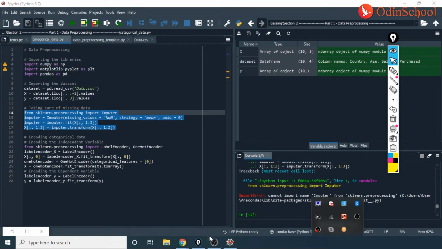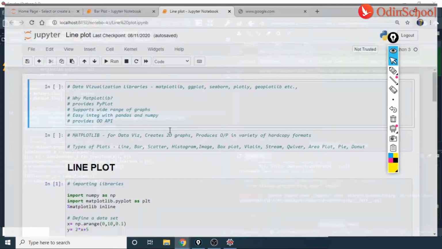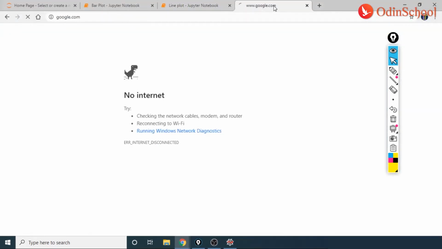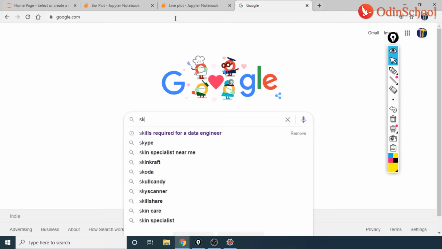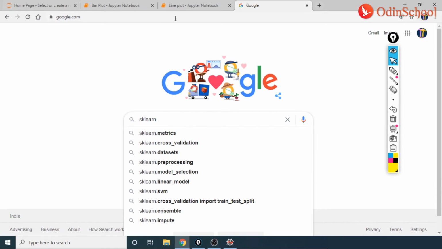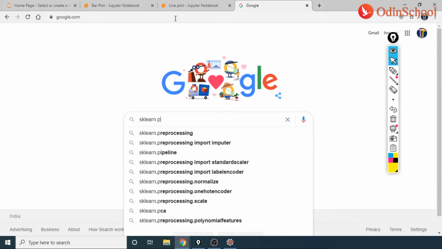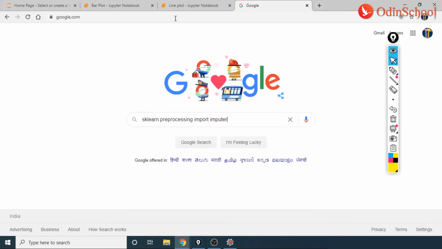So now what we need to do is go to Google and check sklearn.preprocessing import Imputer.